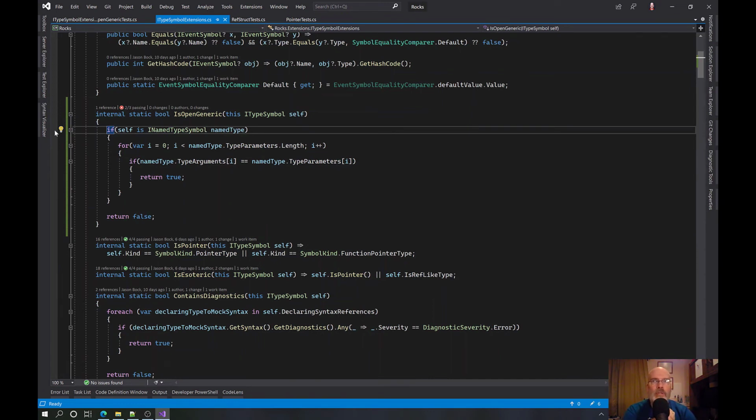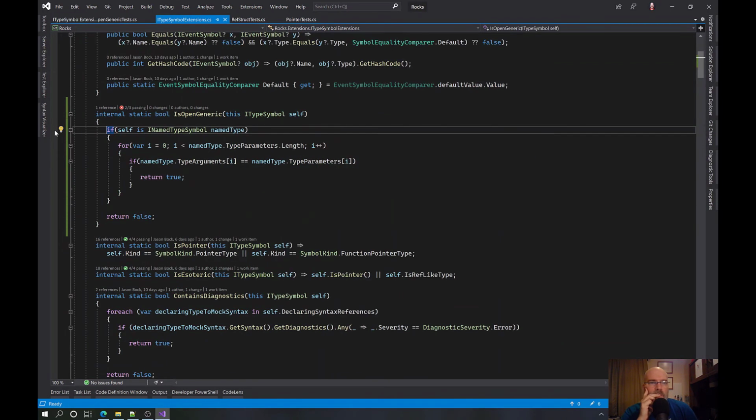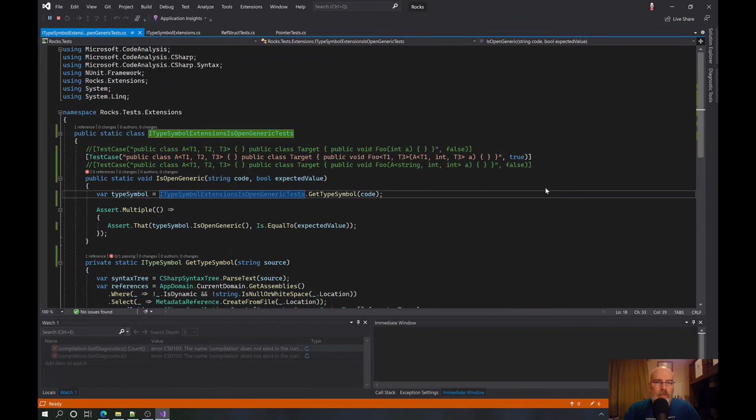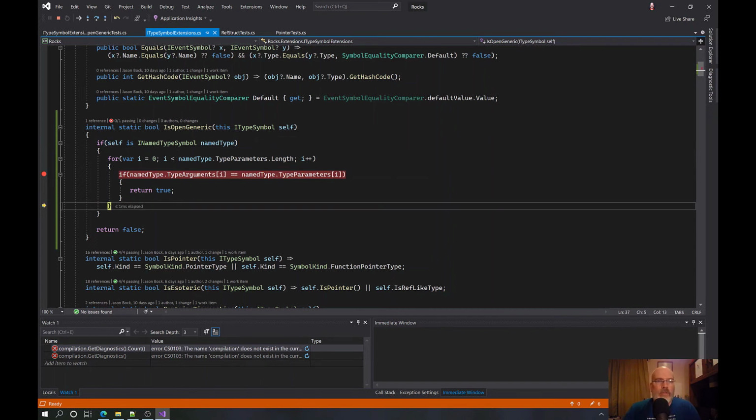If you're an open generic, well, yeah, that's kind of weird because that is open. So your type arguments, the first one is a T1. This is also a T1. Okay. So it should return as true, and it doesn't.